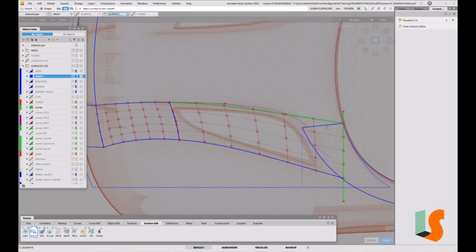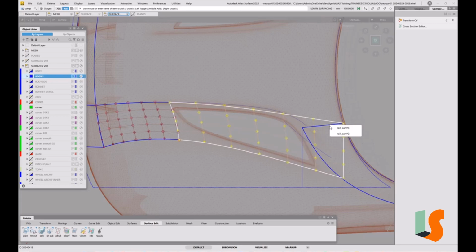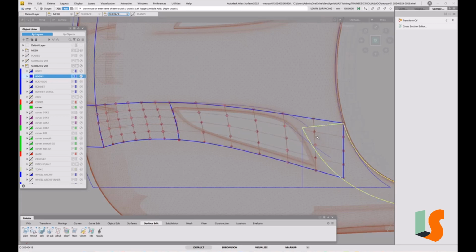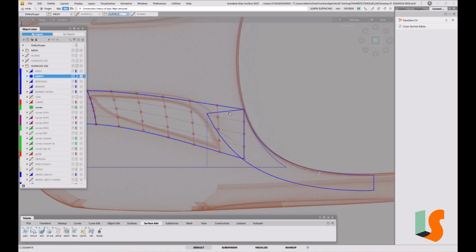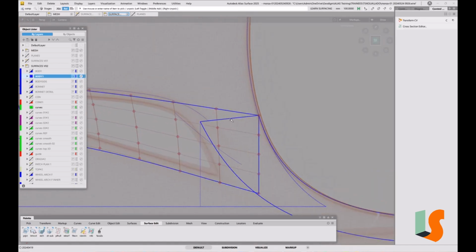So now let's get rid of these curves. We don't need these. The other thing that we need to do is this surface, that one there, also needs extending. So let's just delete the history of it. I'm just using Control Alt H, which is my delete history hotkey, and we want to extend this to